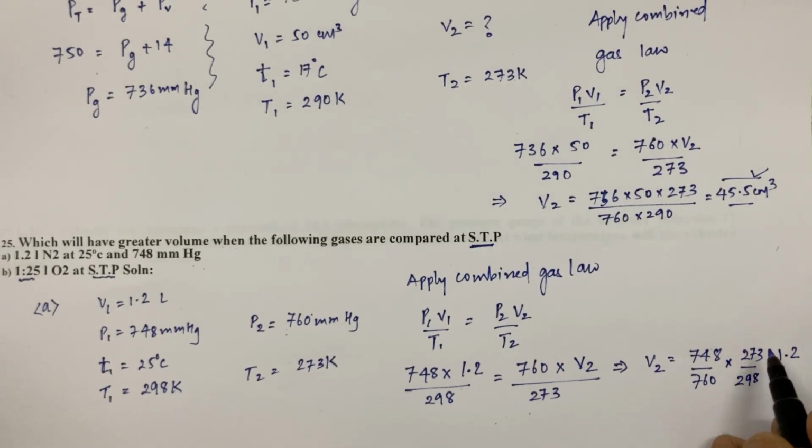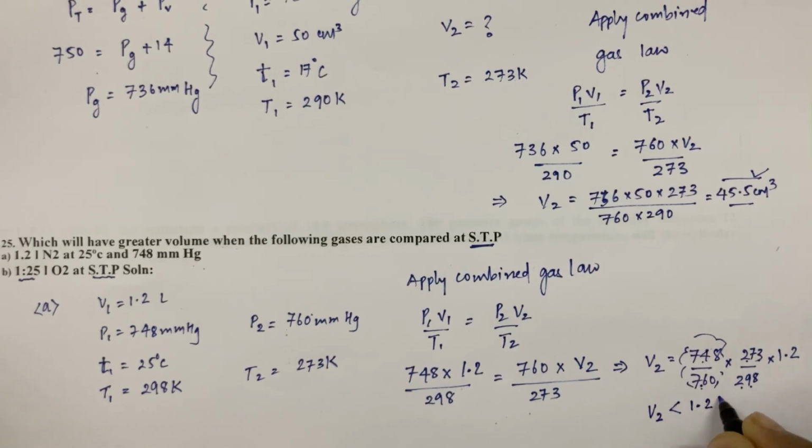Okay, so now if you see carefully, 748 by 760 the value will be less than 1, and 273 divided by 298, again the value will be less than 1. So when two values which are less than 1 are multiplied with 1.2, V2 will be